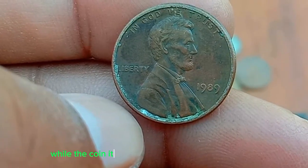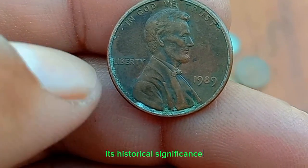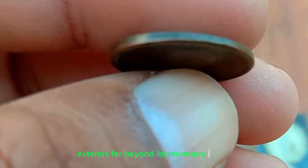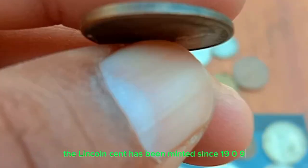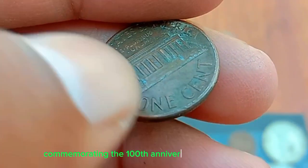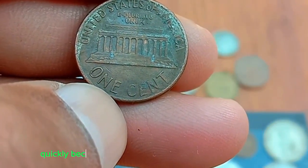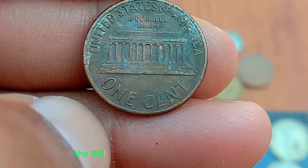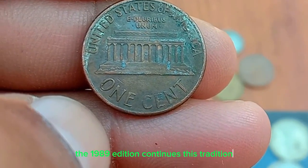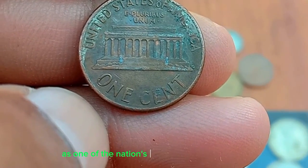While the coin itself has a face value of just 1 cent, its historical significance extends far beyond its monetary worth. The Lincoln cent has been minted since 1909, commemorating the 100th anniversary of Lincoln's birth. Designed by sculptor Victor David Brenner, the coin quickly became a cherished symbol of American heritage. The 1989 edition continues this tradition, serving as a reminder of Lincoln's legacy as one of the nation's most revered